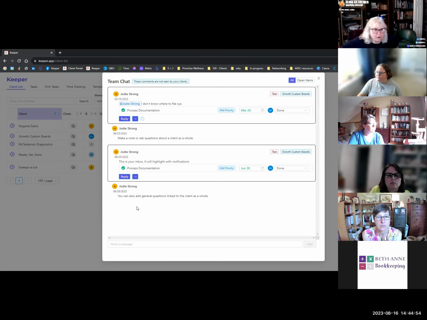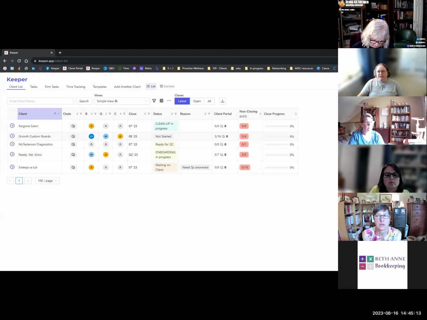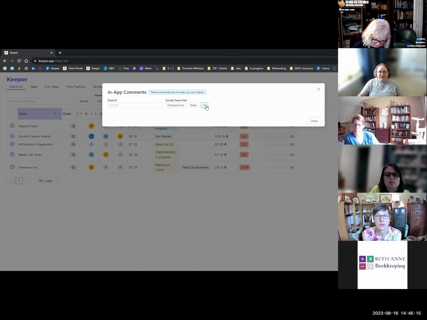When you say it's just on the client, it's just in that, I'll say, team chat. Yes. Versus when it's in the box like that, it's related to a part of a task. Okay. Yep. And it'll show you the tab. It'll say task and then the client name here as well, because if you are getting something from your inbox here,